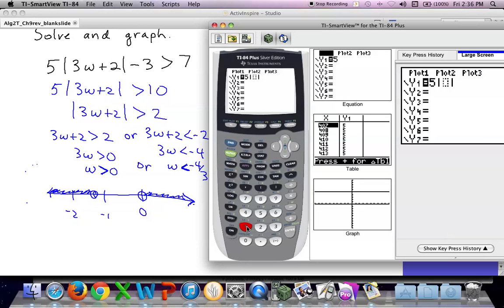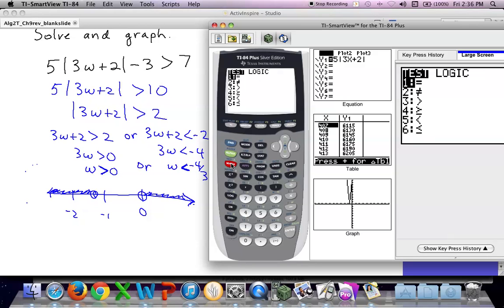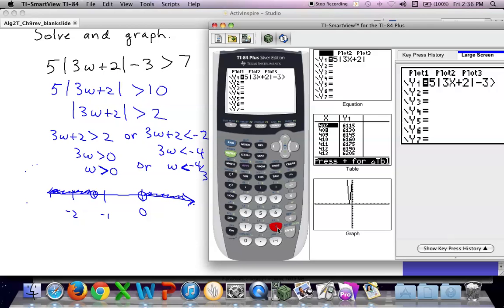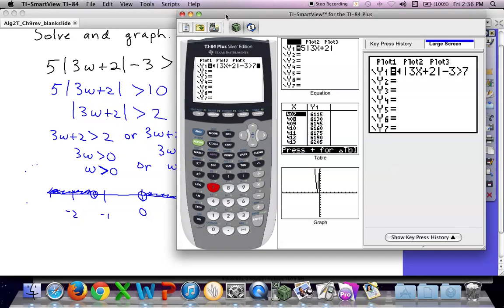Right, inside, let's put 3x plus 2. Arrow out of that. Why is that not out of that? All right, minus 3. And then where are we going to find the greater than symbol? Second math, right? The test menu. So go second, math, and pick out, we want the greater than, that's number 3, so hit number 3. And greater than 7. So you see we put that whole thing to the right of y1. Okay, now when I hit the graph,